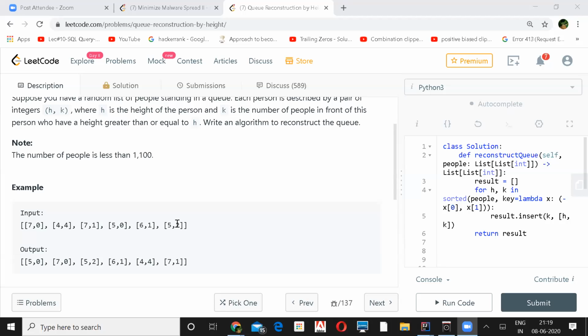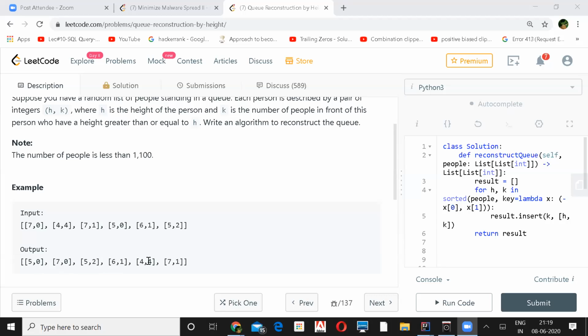After that, the potential candidates are 6,1 and 5,2, but among them the minimum is 5, so it will come here, and two elements will be greater than or equal to 5, that is 7 is greater than 5 and 5 equals 5, so this is its position. And then for 6,1, one element to the left should be greater than 6, that is 7 you are having.